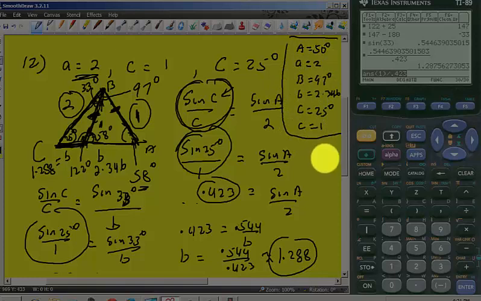I also found a second triangle where angle A turned out to be 122 degrees, and side A turned out to be 2, and angle B turned out to be 33 degrees, and then side B turned out to be 1.288. Angle C is 25 degrees, and then side C turned out to be 1. So that's my second triangle. So I can have two possible